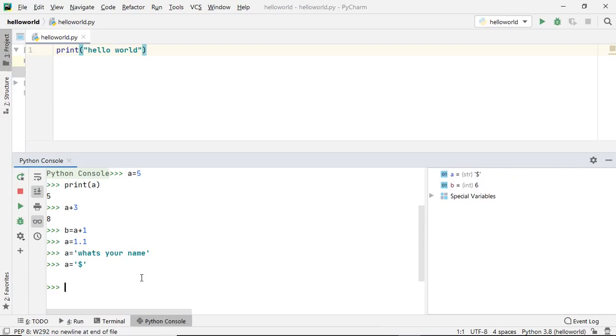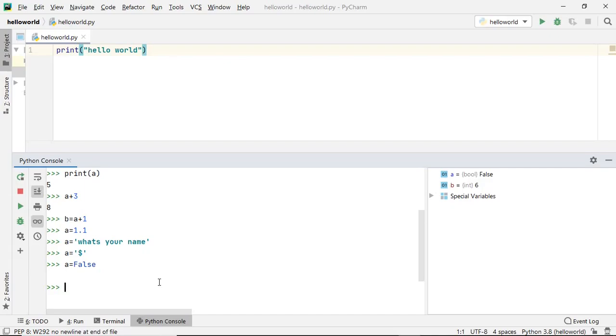Now there is one more type of variable in Python that we call boolean. If you want to store something inside a boolean, it can only have a value of true or false. See, you can either have true or false, that's it. Now if you press enter, you can see this is a bool type, or a boolean type, that has a value of false. A boolean can only have a value of true or false.